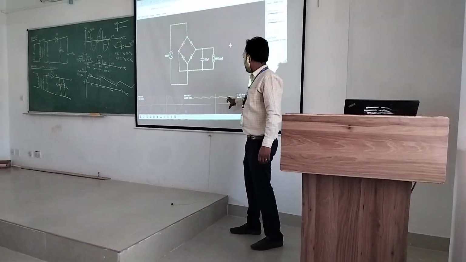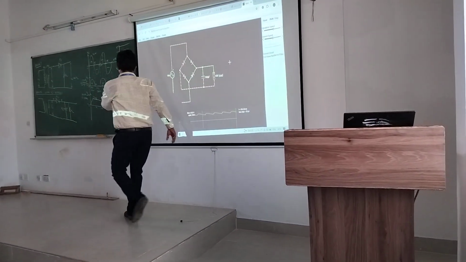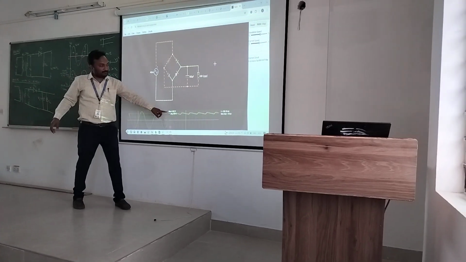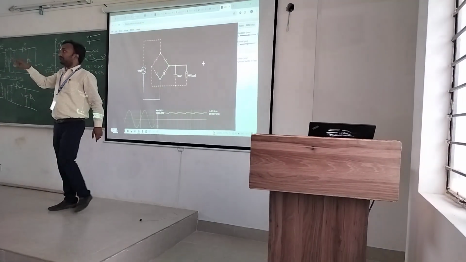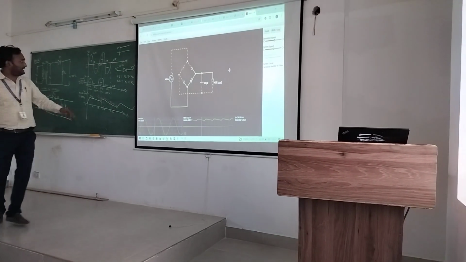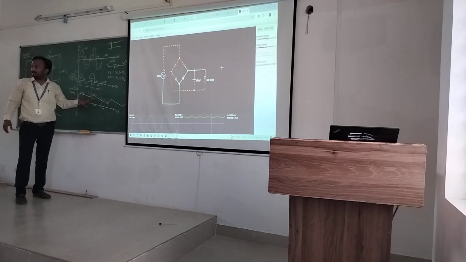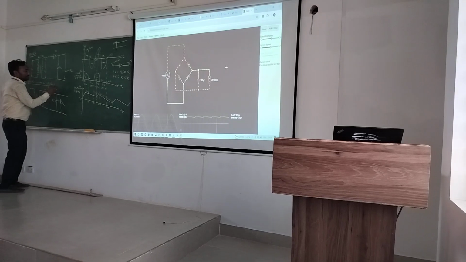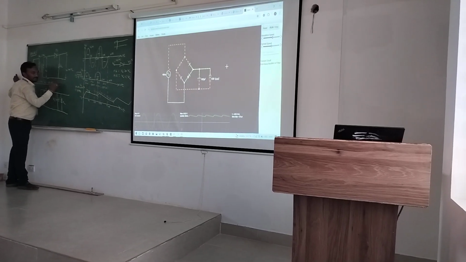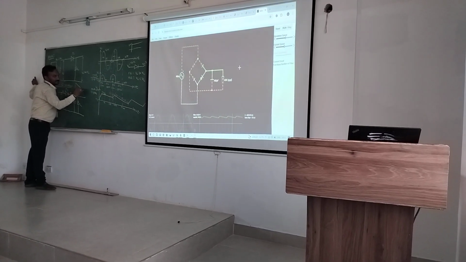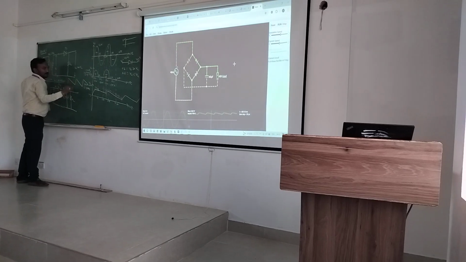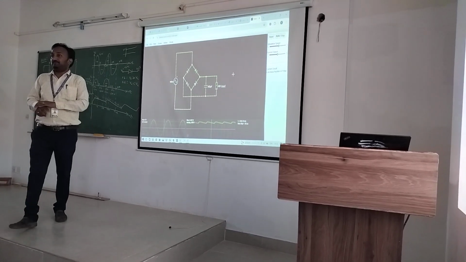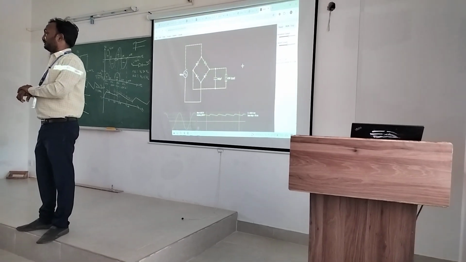So what is it able to do? Is it looking the same way what we have drawn here? Okay. So it looks like what type of waveform? How does it look? This is a sine wave. What about this? How does it look? It looks like this. And what is this called? It's called a sawtooth waveform. It's called what? Sawtooth.